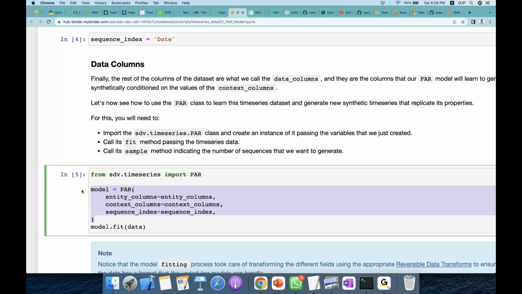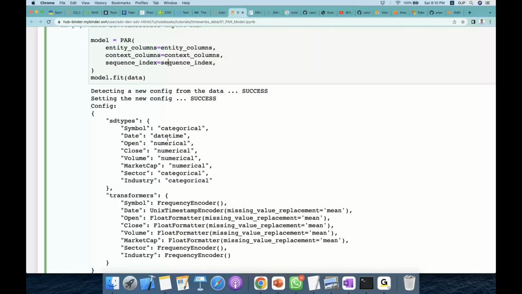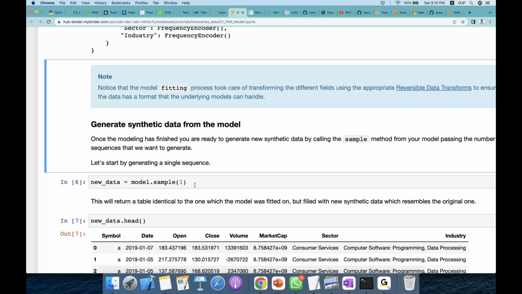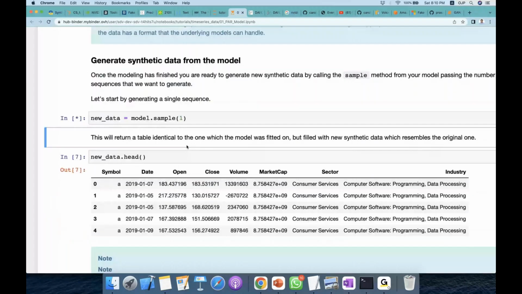the time series data. Once it learns the time series data, the next step is to generate the synthetic data from the model. So if I just say, okay, generate one specific synthetic sequence, now when I generate, let us see how it generates. It is running, it is taking some time. The reason why we are saying one is,